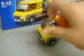So now let's get to the cabin of the truck. You have a little sticker there. This set doesn't have very many stickers on it. Okay, it's an official fail. Yeah. So you take the roof off, like you do on most of the LEGO City vehicles. Or if you really try hard, you can probably open a door and do it. Sorry if I'm shaking a bit, because I have to hold this with one hand while putting a minifig in with the other. Okay, so there he is. It fits perfectly, even though I only have one side. See, you know, it goes pretty well over studs. Yeah. So pretty much